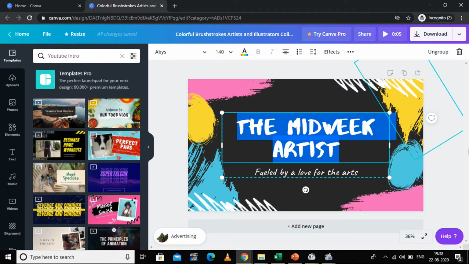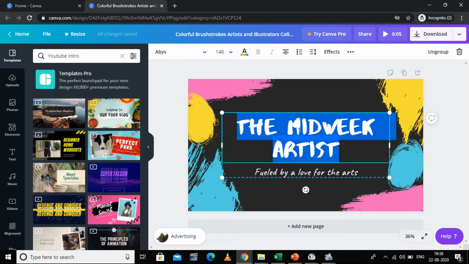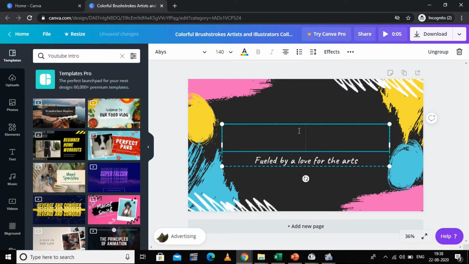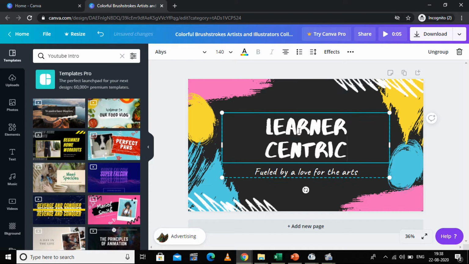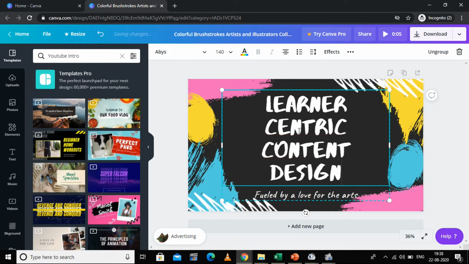Fine. So we can select and we can change the text. That is very easy. You have to select the text which you want to change and just delete the content and you can write your content. So learner centric content design tools.